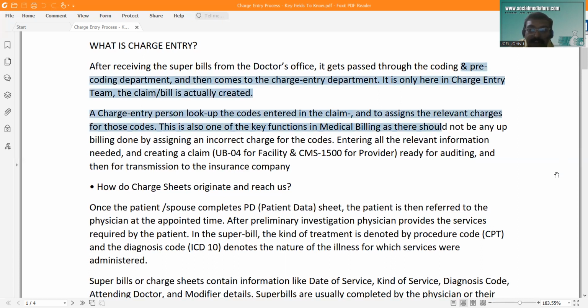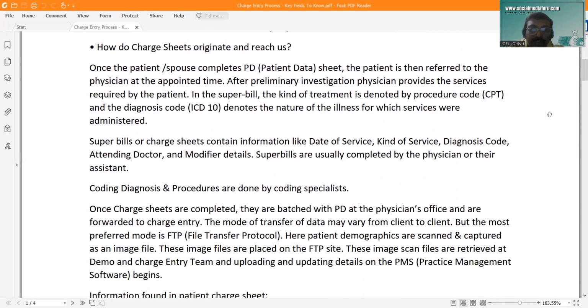And then, how does the charge sheet originate and reach us? Once the patient or their spouse completes the PDS, which stands for patient data sheet, the patient is then referred to the physician at the appointment time. After preliminary investigation, the physician provides the service required by the patient. In the super bill, the kind of treatment is denoted by the procedure codes, CPT codes, and diagnostic codes, ICD-10 codes, denote the nature of illness for which the service is